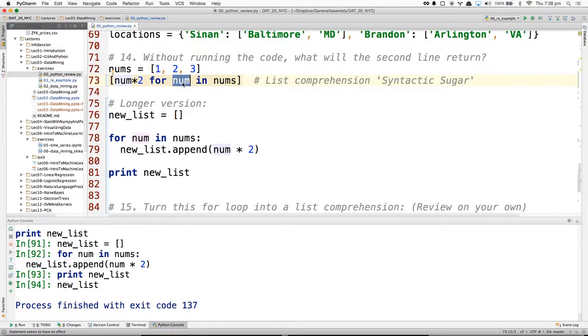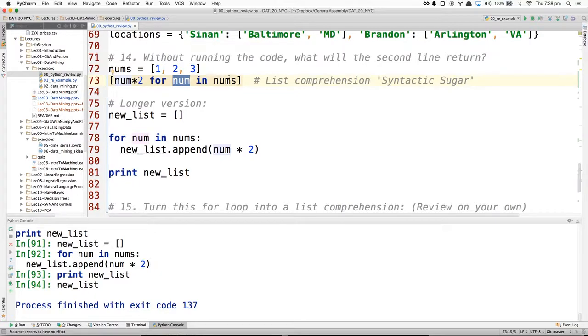It temporarily references each item in our list. In this example we called it element; in this one we're just calling it num. So for each item in the list, num is 1, then num is 2, then num is 3. So any identifier we put after the for assumes each value in the list? For list comprehensions, yes. Okay.